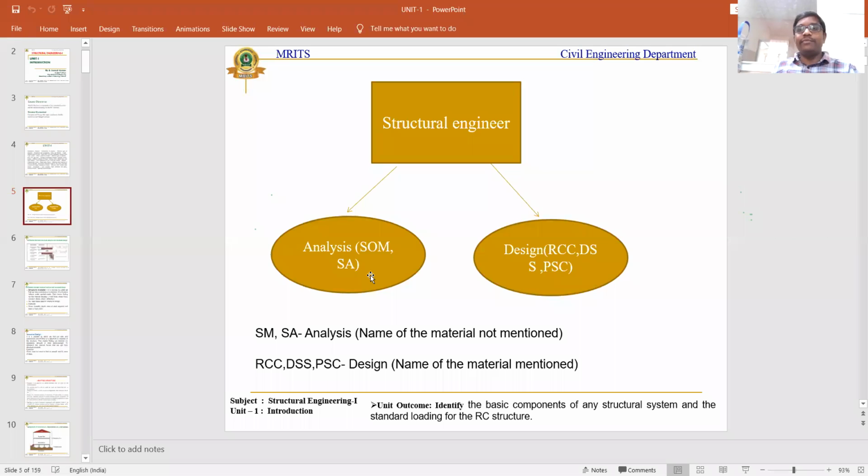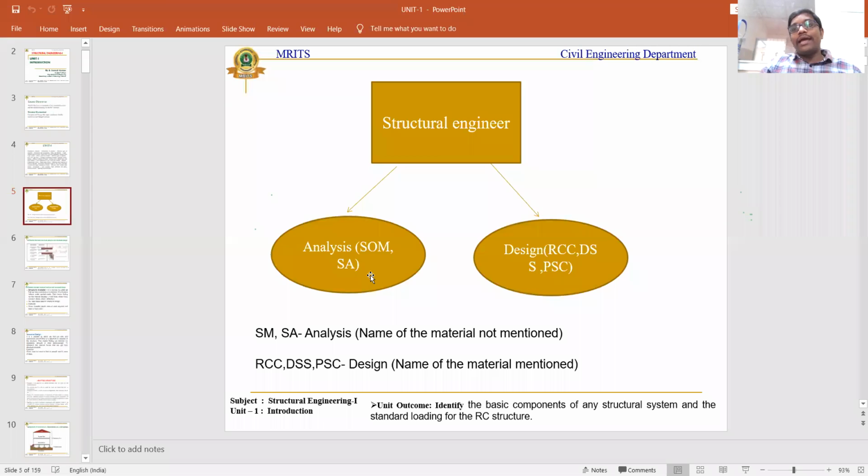How can this analysis be performed? For performing this analysis, the first condition we must know is the soil bearing capacity. Why? For adopting the size and the shape of the footing. In addition to this, we must know the loading conditions that we are going to apply for the different structural elements. For designing first floor structural elements, what is the loading we are going to apply, or are we going to change the loading in the second floor?